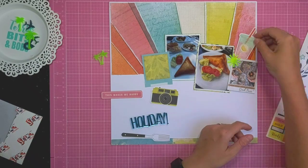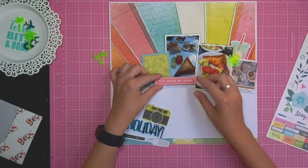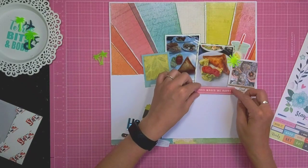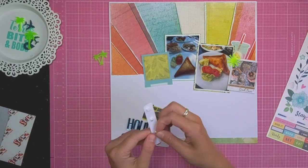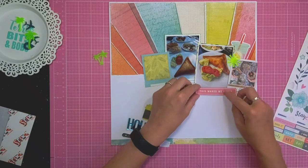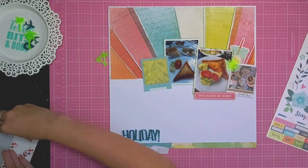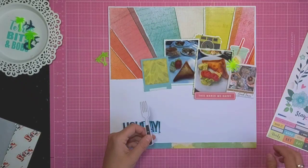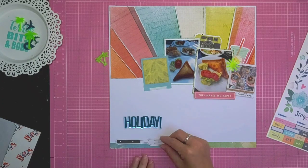So you see I've pulled out that soda cup to use, so although it's not specifically about drinks, it's about food in general, I thought that worked quite well and just tied things in a little bit. And I've also got that large fork there to use, and that little phrase that says "this makes me happy," because one of the things I absolutely love about travelling is the food. So I'm going to use that fork as a bit of a shelf for my title to